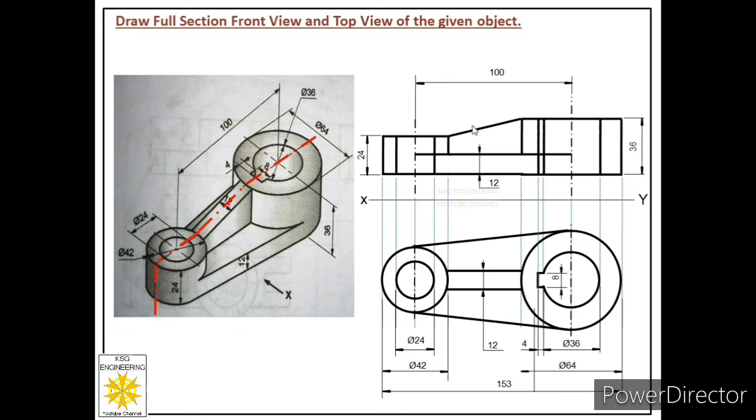So let us focus on the front view now. This is the horizontal plate, this is the first cylinder, and we know these two are in contact with each other. When we cut these two at the center or at this section, we have to merge these two plates. It means we have to merge these two faces. So in order to merge these two faces, we have to remove this edge.